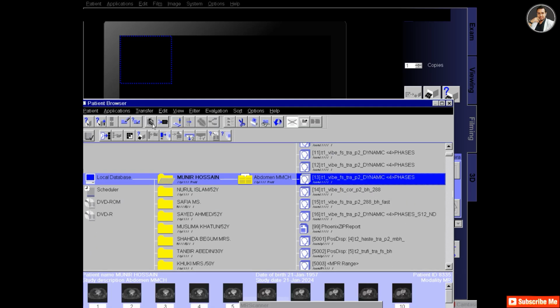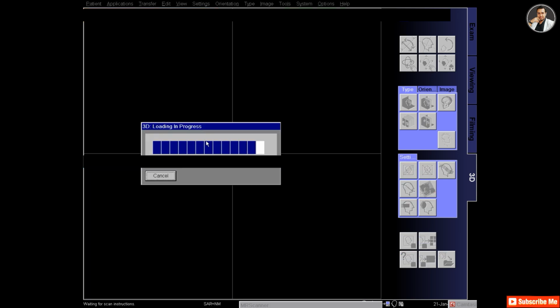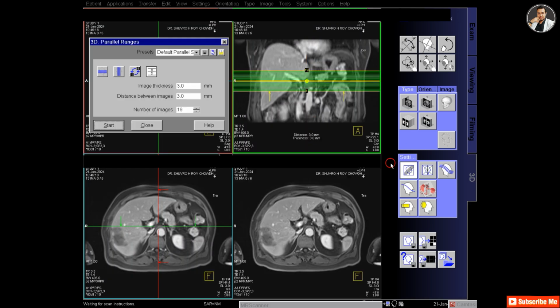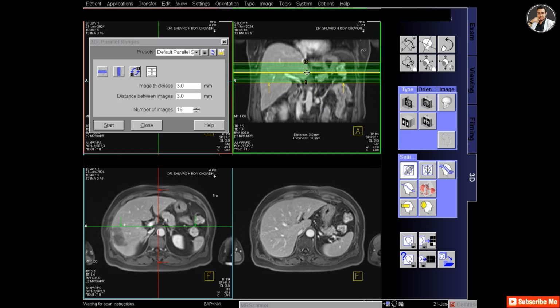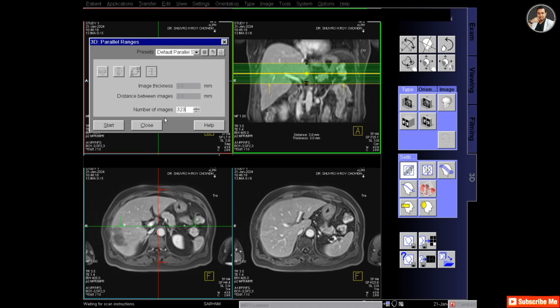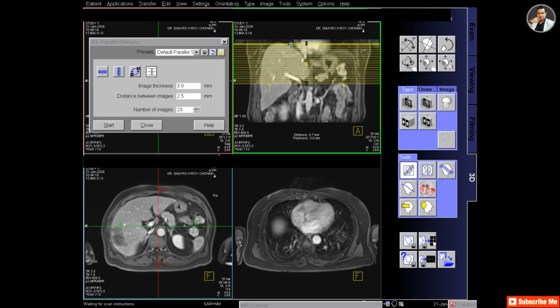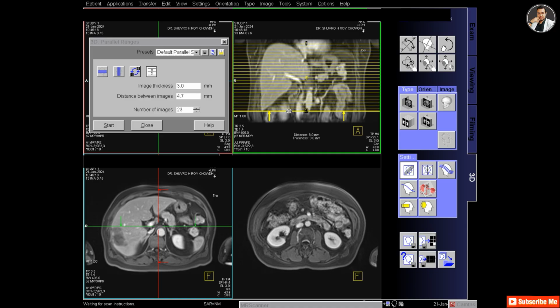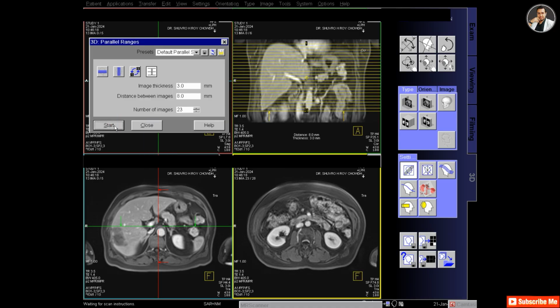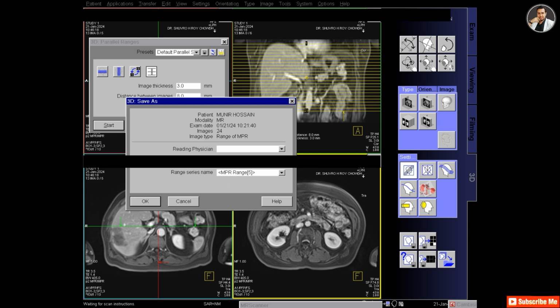Now I will check the venous phase. So this is the venous phase, and from the venous phase I will again make 23 axial slices, and again drag up and down to cover the whole liver, and click start, and then save as venous phase.